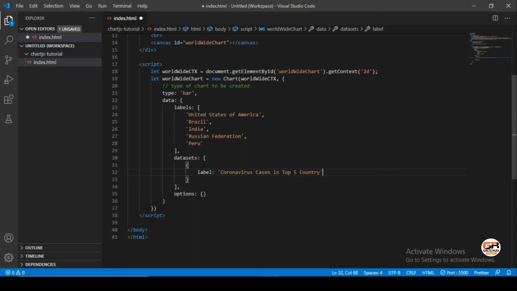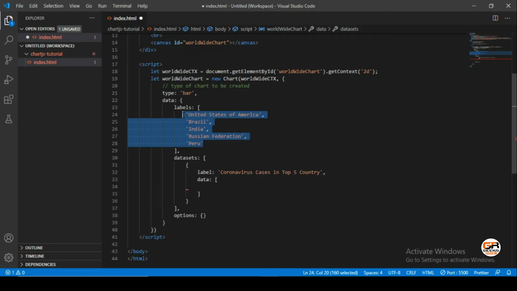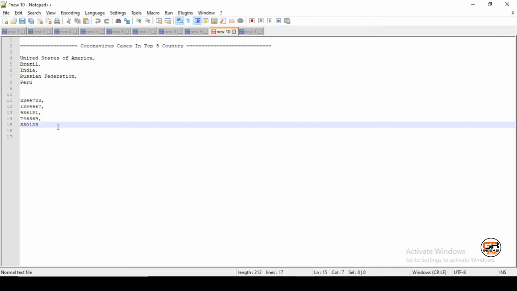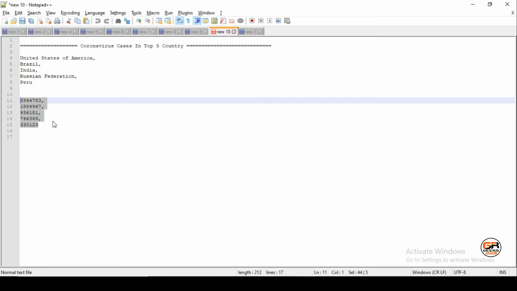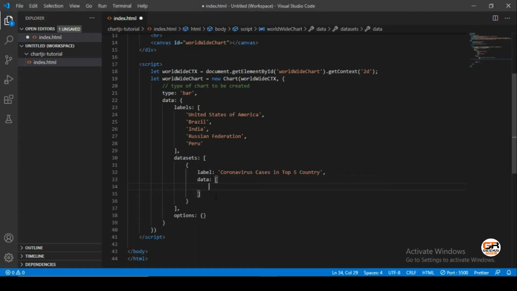Yeah, and the second key will be the data, which will be an array type, and we will pass the data for each country for their corona cases. I have already collected it, so just grab this data and pass it here.